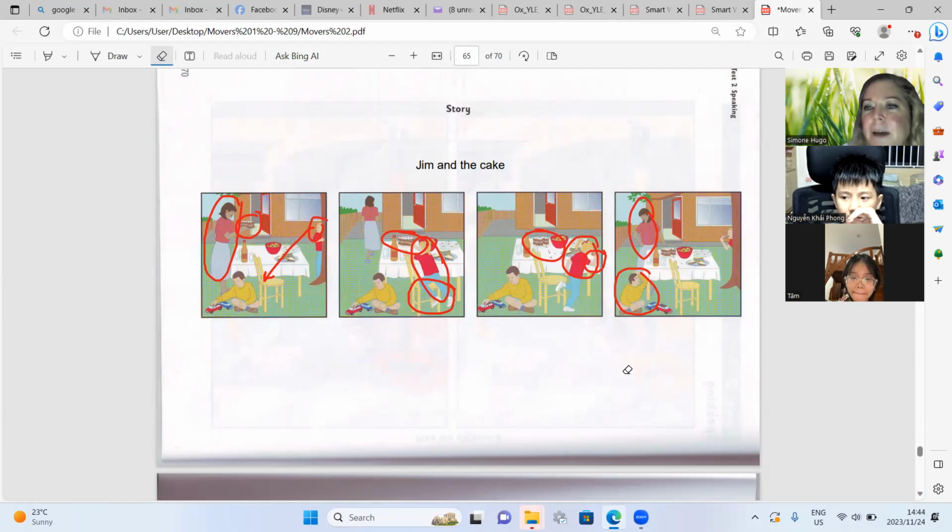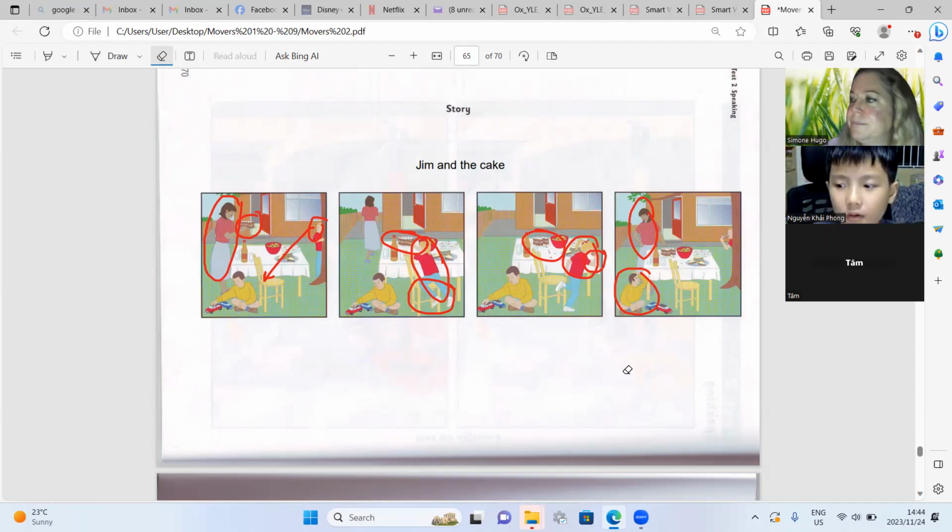Okay. Khai Phong, your turn. Firstly, Mrs. Brown is in the garden. She is putting the cake on the table.